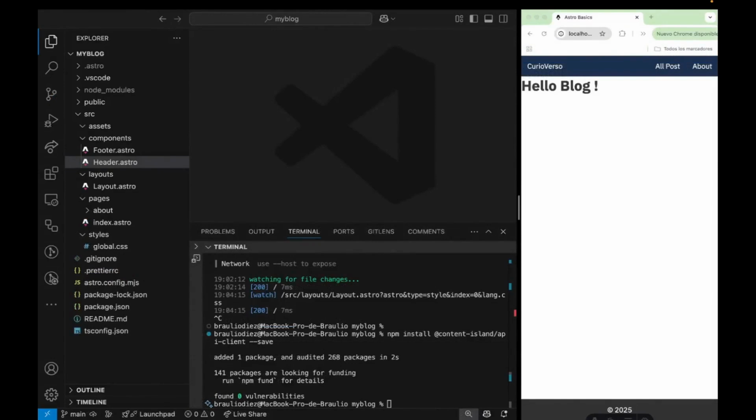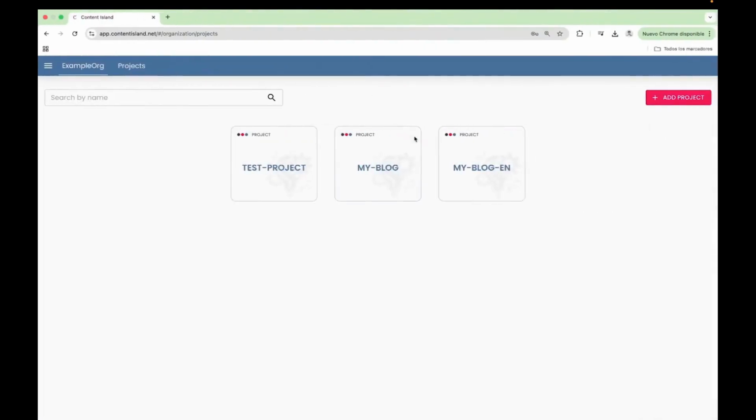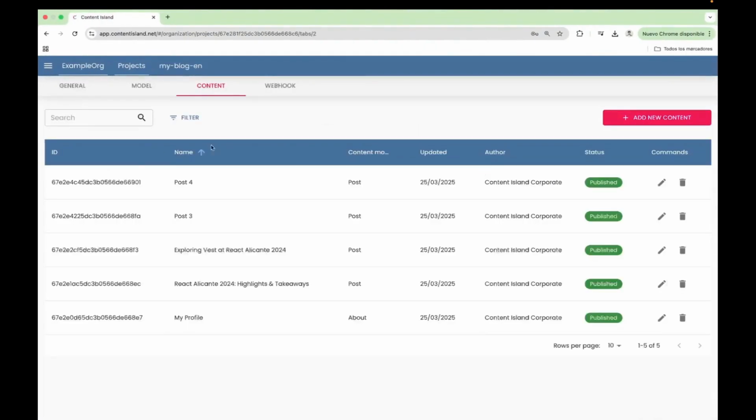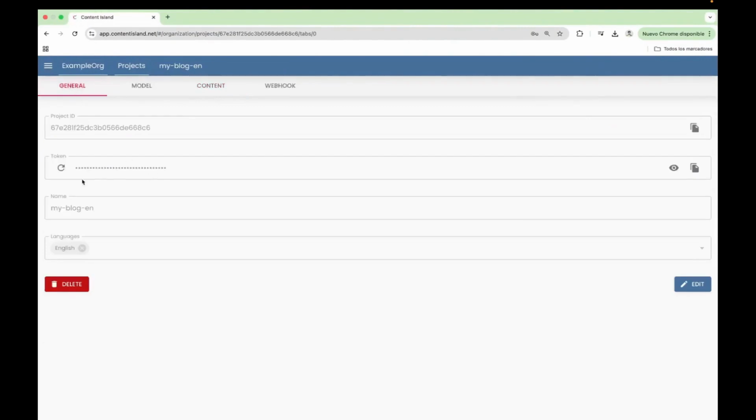We also need to add the API key of our Content Island project as an environment variable. To do this, we go to Content Island. We select the project we are working on, go to the General tab, and here under Token, we can obtain the API key. If one day it gets compromised, we simply hit refresh and obtain a new one. Then we copy it,